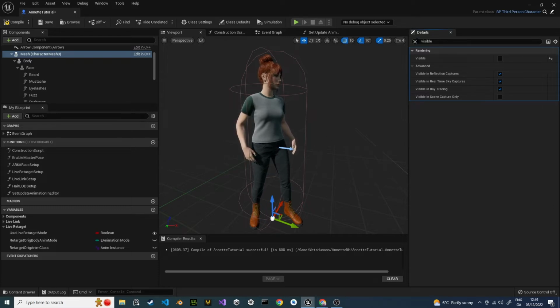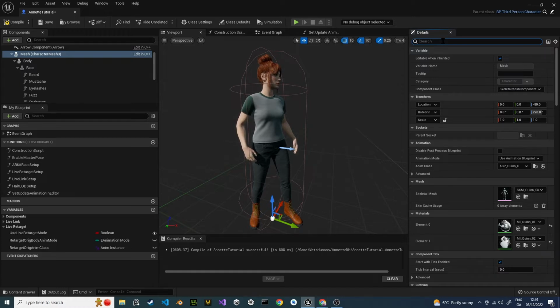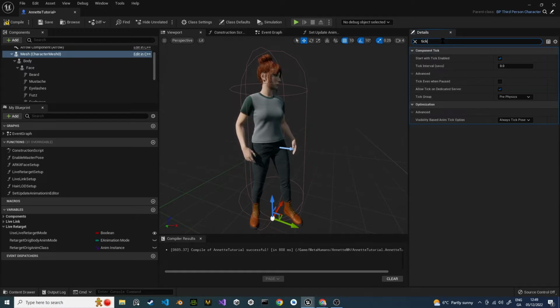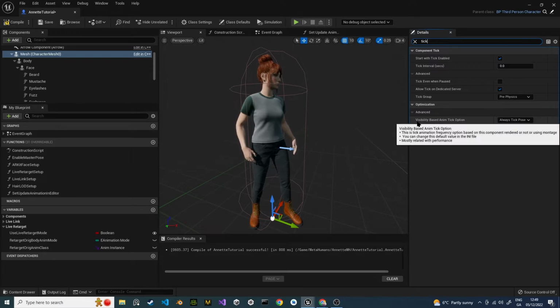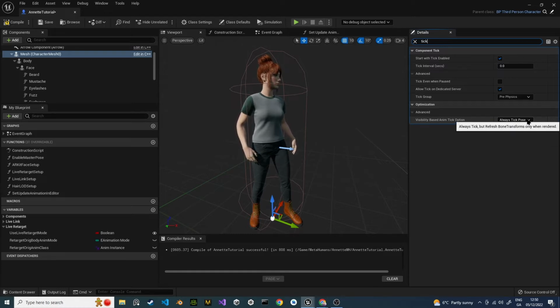But the problem is that there is a tick method on this pawn, and it only ticks when it's visible. So you'll see this, it says visibility based anim tick option, always tick pose. No, you'd think that would be always, but it's not. Because it's visibility based, if you turn the visibility off, then it will stop ticking. So we need to change it. You can change it to always tick pose and refresh bones, and that will fix that error. So now you can compile it and save